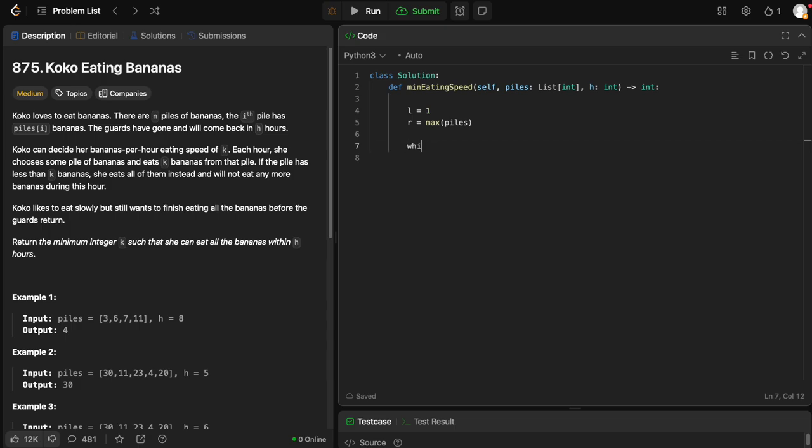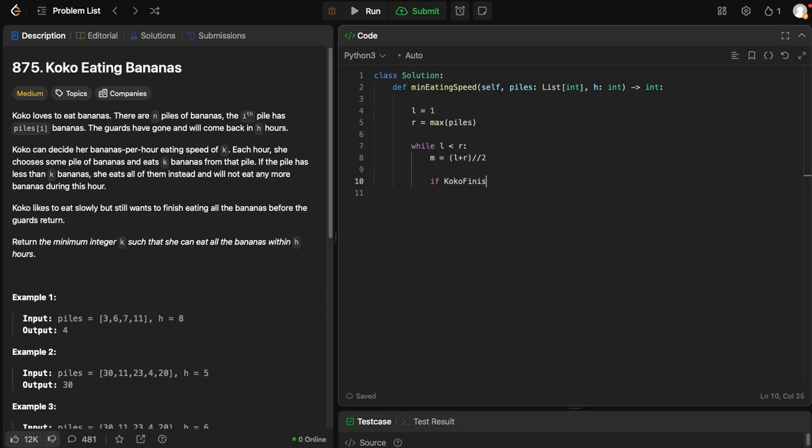And so while left is less than right, mid is left plus right divided by 2. And now I have to check if